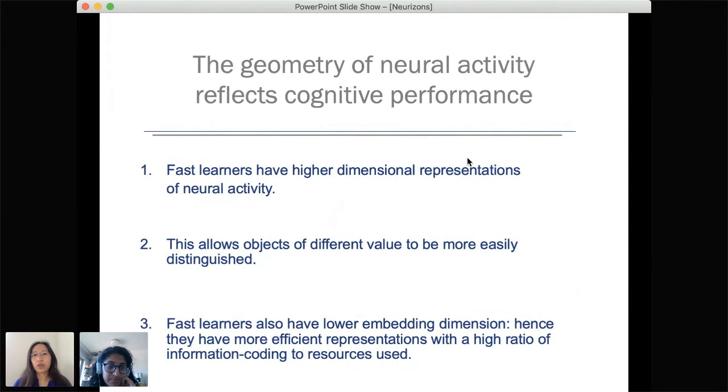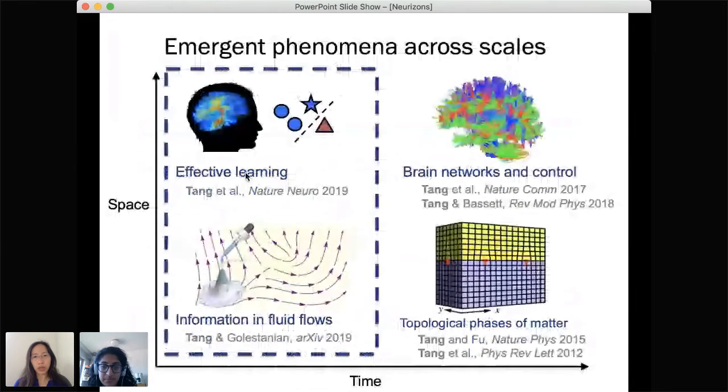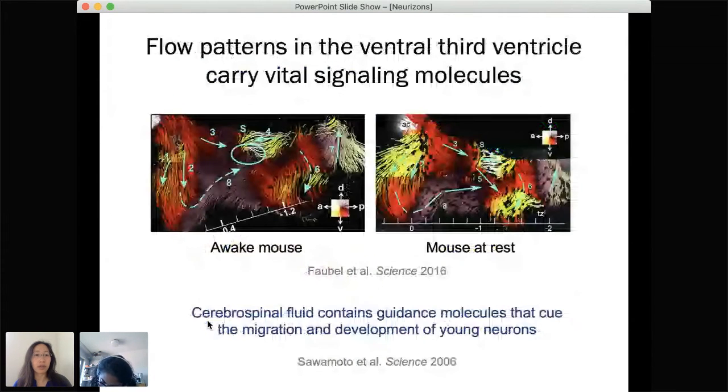Okay, great. So this is where we are, and then I'm just going to be talking a little bit about some new work. It's quite different, but I think it actually connects pretty well with some of the other talks that have been going on. For example, I really liked Esther Stokely's talk about the role of the primary cilium in sensing, and I think more and more we are seeing that there's a lot of molecular signaling that is leading to the development of axons and brain tissue as well. So this is a different task. It's looking a little bit more at morphogenesis and development, but hopefully it can also spark some interesting discussion.